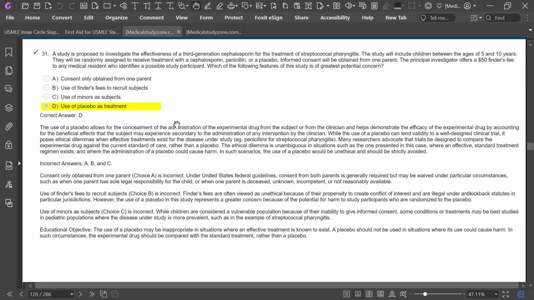The use of placebo allows for concealment of the administration of the experimental drug from the subjects and from the clinician. It helps demonstrate the efficacy of the experimental drug by accounting for beneficial effects that the subjects may experience secondary to administration of any intervention by the clinician. While the use of placebo can lend validity to a well-designed clinical trial,